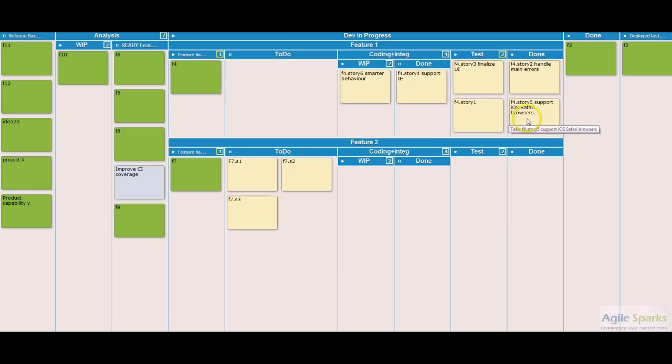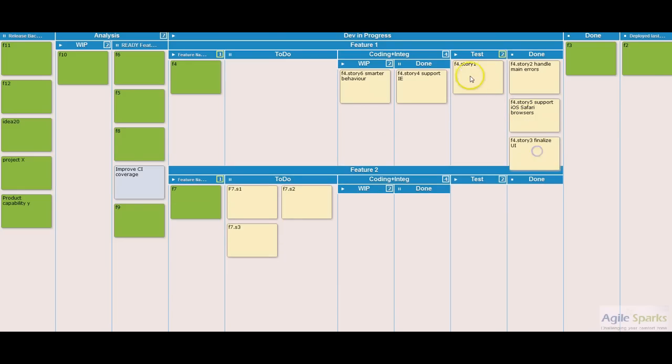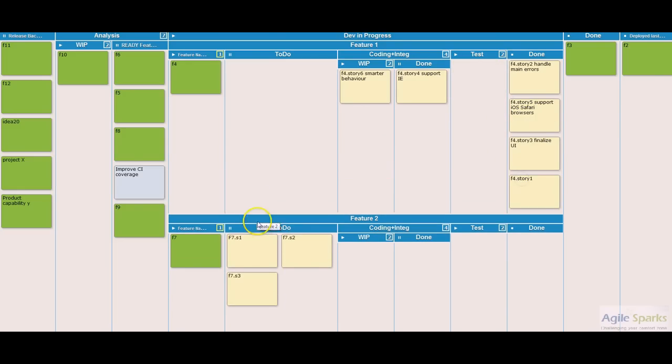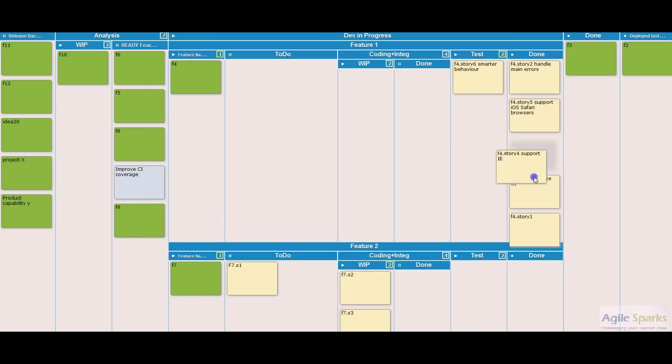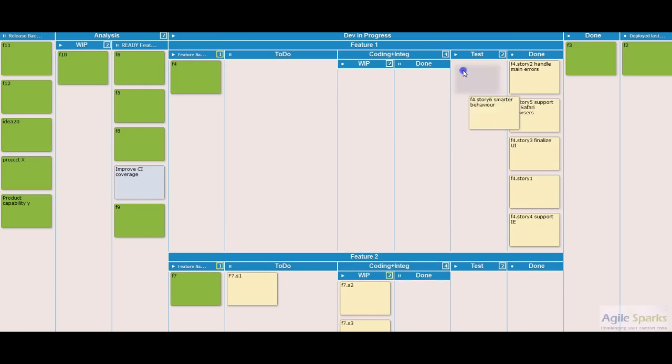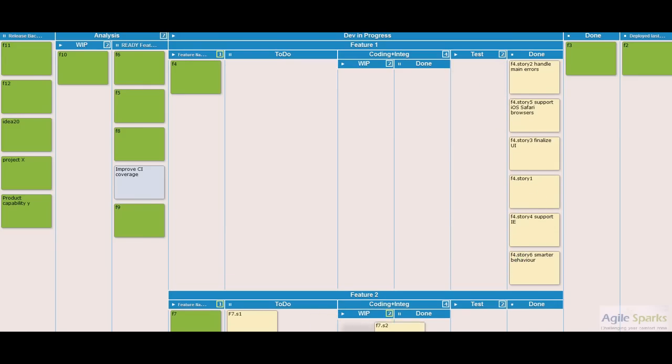And if we accelerate through this, we can see how it looks. Let's hold for a second. Let's assume that we